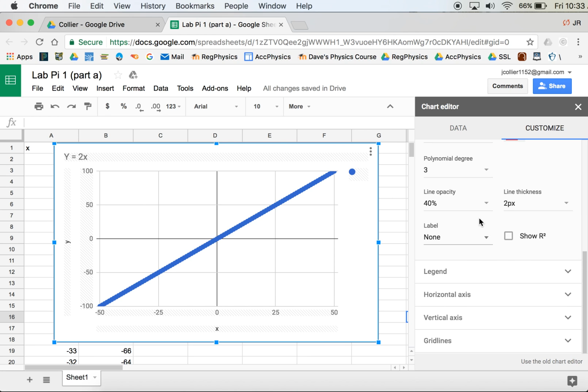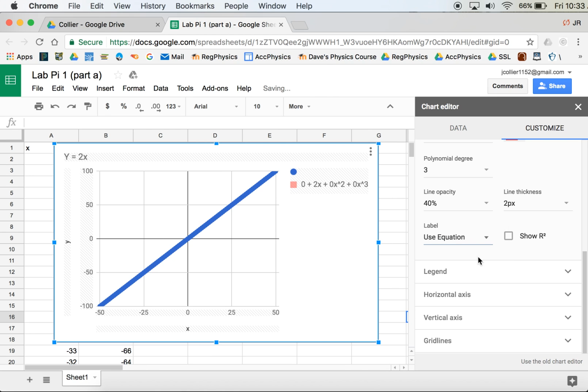The last couple things that we want to do to be able to see the equation, we can actually show the equation on the label. So we use equation for the label, and there it gives us the equation. We can also ask for one more piece, and this is important as we analyze data, and that's the R-squared value. The R-squared value is a number, sort of a fraction, where the closer we are to 1, the better